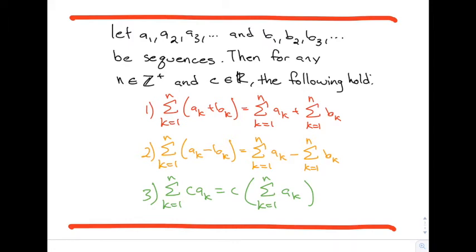Similarly for subtraction, right? Subtraction is just the opposite of addition, so it shouldn't be that difficult to prove to yourself that this is true. And then the third property is that for any constant